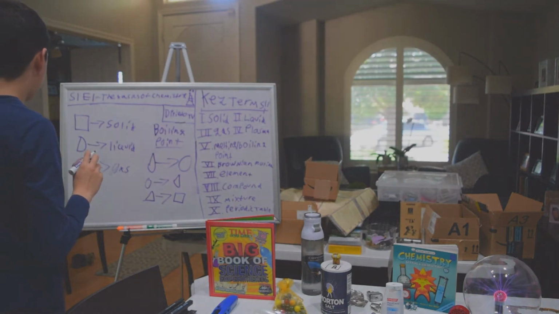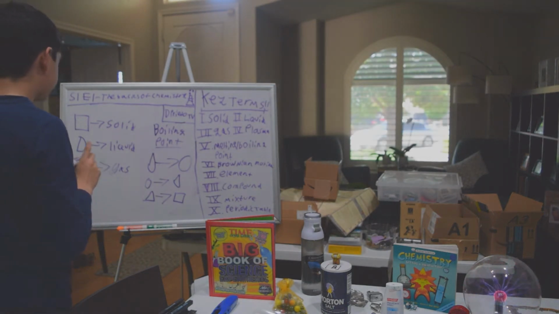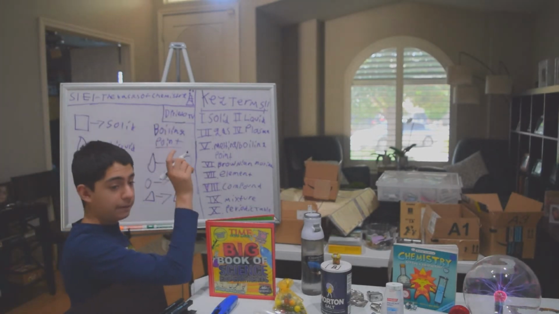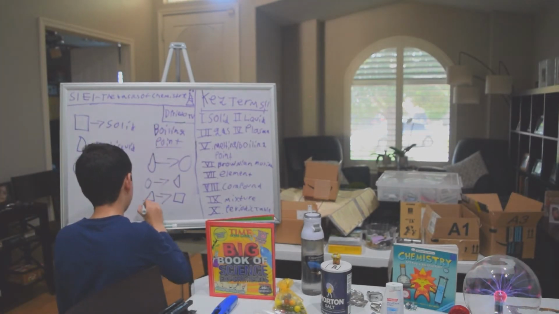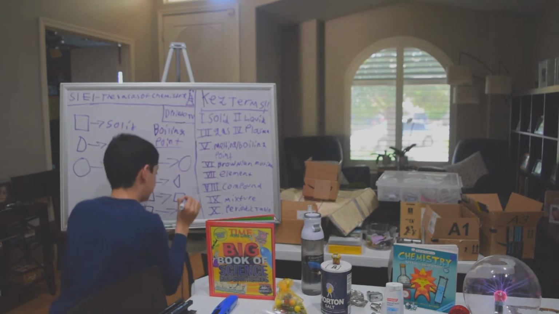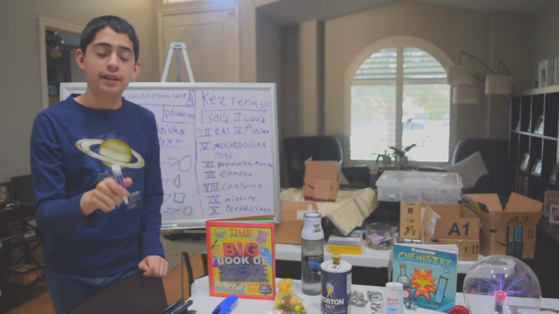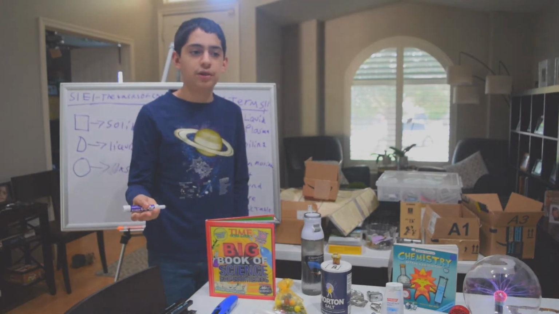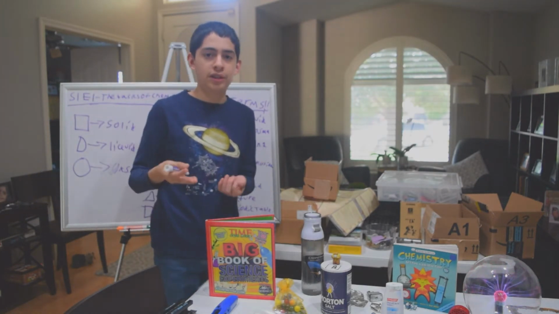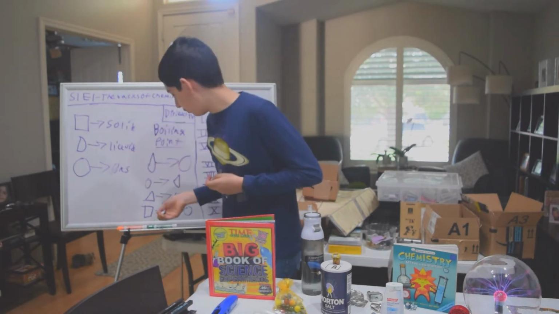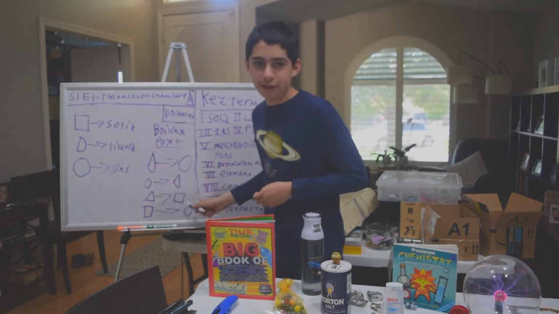Some other ones are when, this is one that not many know. This is when a solid doesn't stop at liquid; it goes directly to a gas. That is called sublimation. An example of that is if you've ever seen dry ice, it's a solid, right? It's frozen carbon dioxide. And you see it expelling gas all over the place. That is sublimation. That is a solid going directly to a gas.